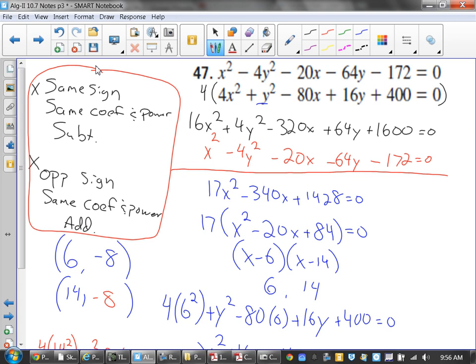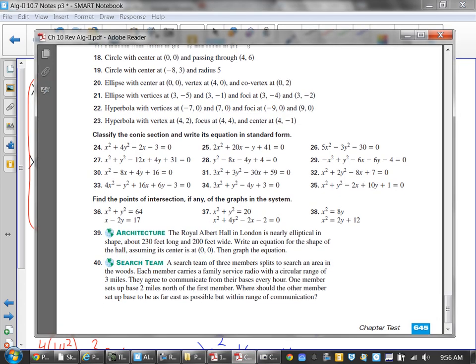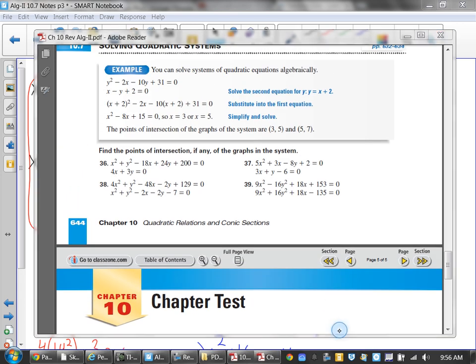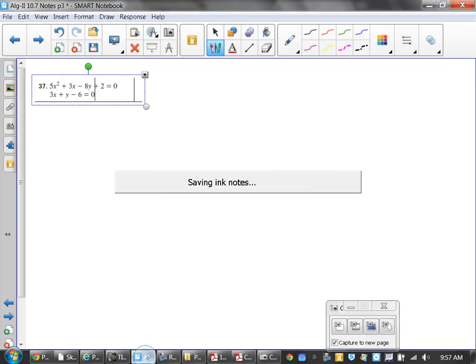But if you have, let's say, let me pull this back up. If I'm looking at, sorry, I didn't clear it out as nicely as I hoped. If I'm looking at a problem like this,